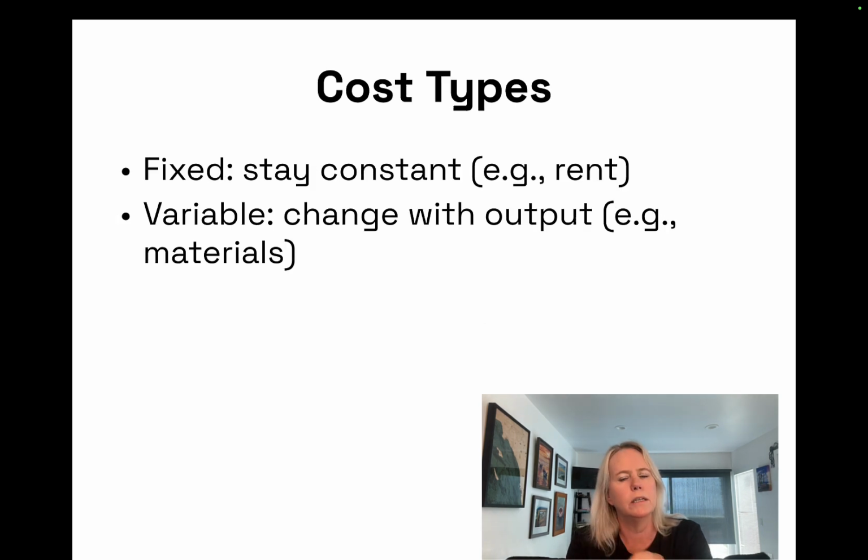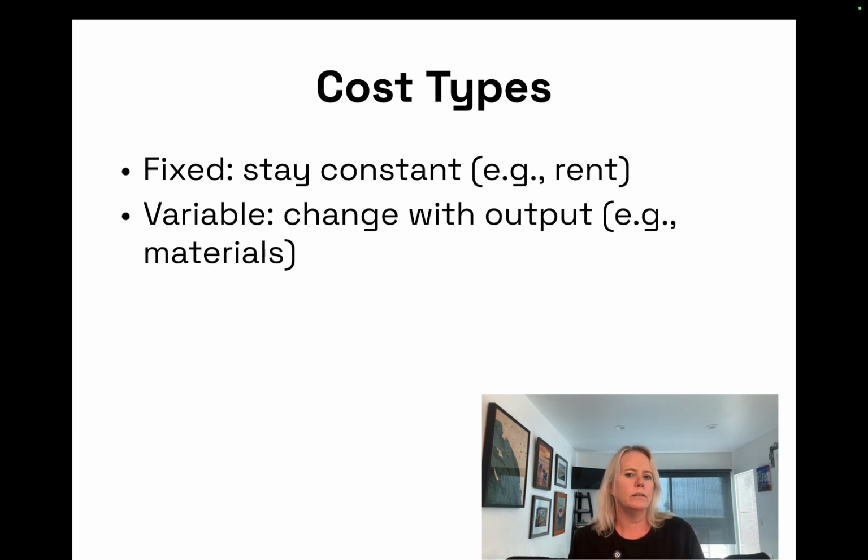When we look at cost and cost behaviors, this says cost types. I like to think of costs as they behave in your business. And I, again, have more in the accounting lecture for each of this. I just want you to be aware of the terminology and the vocabulary.